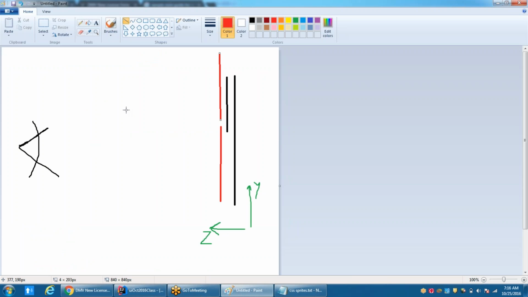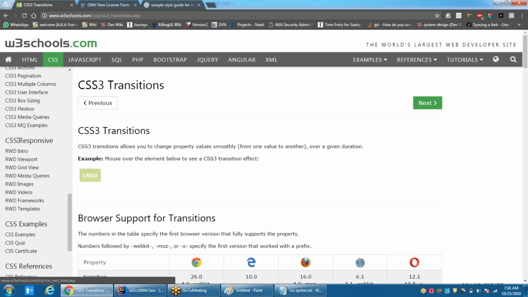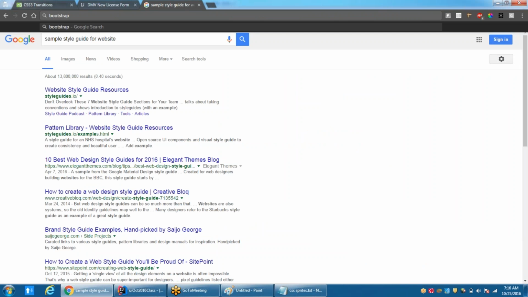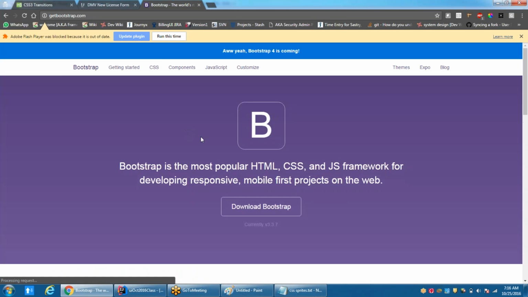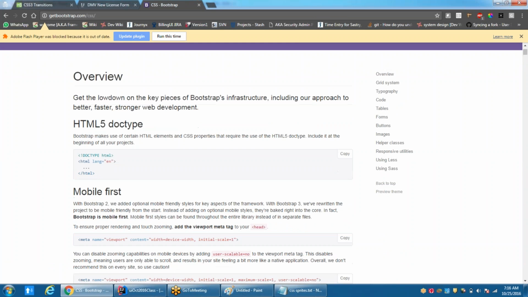Okay guys, is that clear? In later classes, as I said, we will deal with animations, we will deal with transitions, and after that we will get into responsiveness. Once we are done with responsiveness, we will get into the Bootstrap framework. Okay, the Bootstrap CSS framework. This Bootstrap has done the CSS for us,